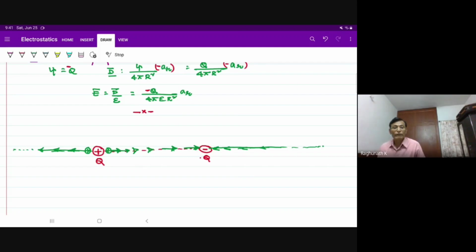Just for the sake of explanation, one or two lines I will talk about and then straight the remaining lines. If I keep a positive charge here, please observe, large, it experiences huge repulsive force, and definitely because it is further from the negative charge, attractive force towards the negative charge. It experiences two forces, because of which